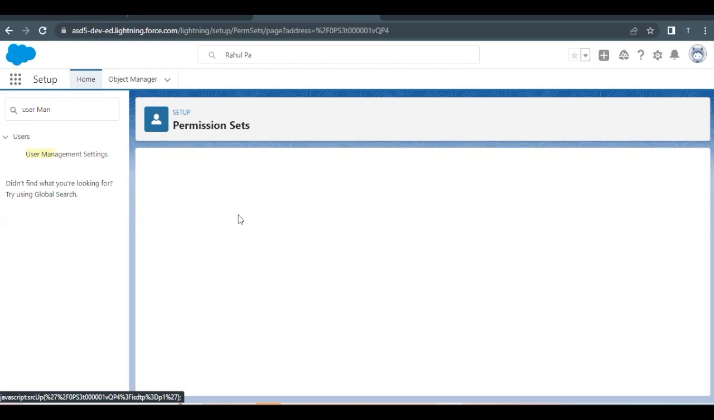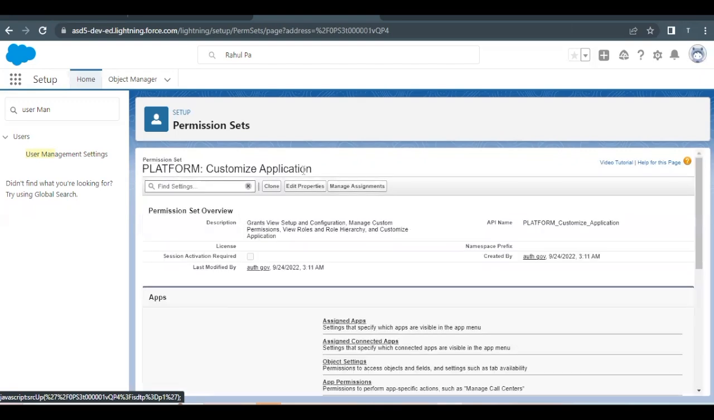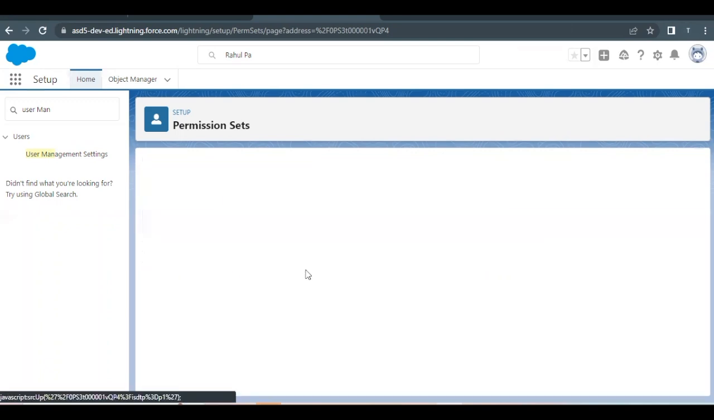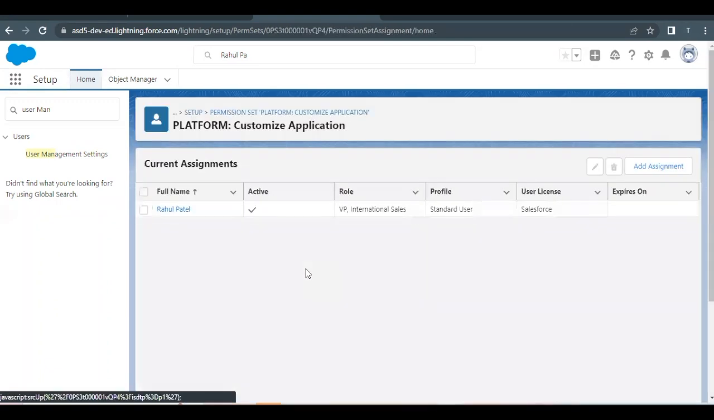Now here, this will open up the permission set platform customize application. Now here you have to click on this manage assignment. Here you will find that this permission set has been assigned to Rahul Patel. Now you have to select this checkbox against this Rahul Patel and just click on this pencil icon in order